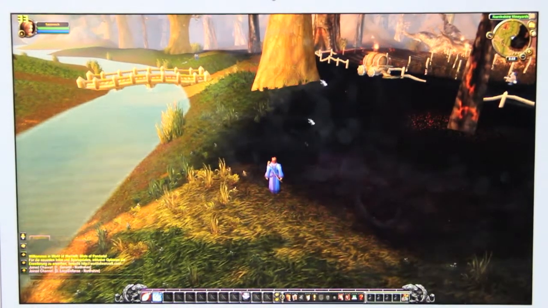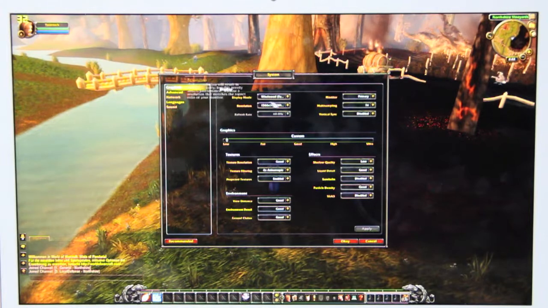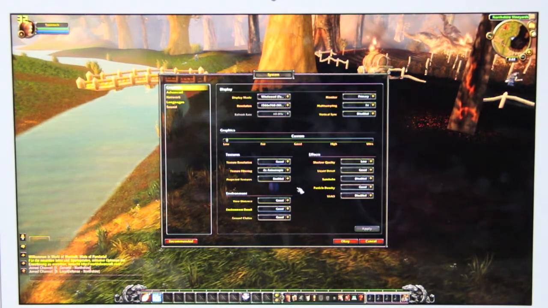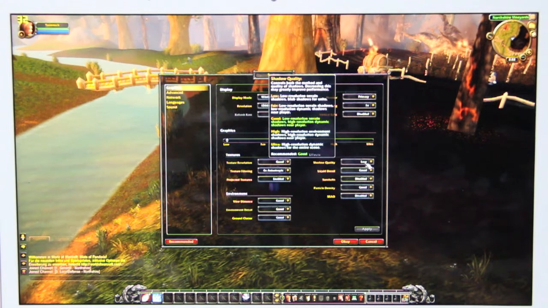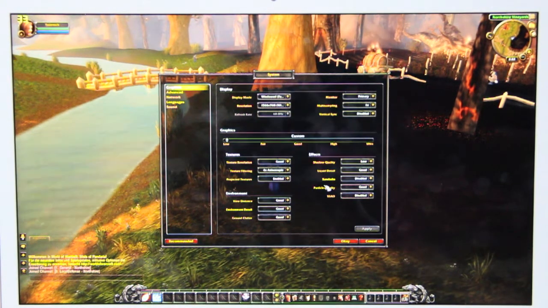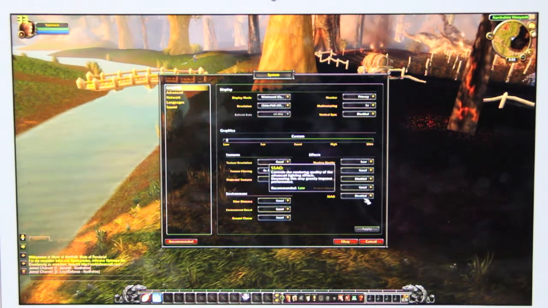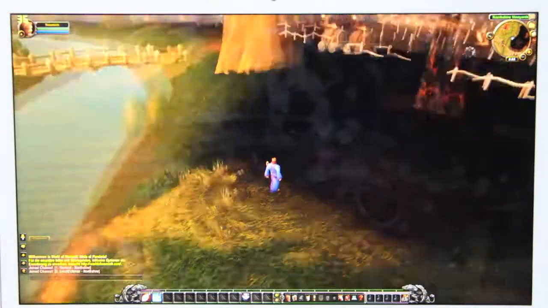So I tried a few settings, and the best settings to play is resolution on 1366 by 768, with texture resolution on good, texture filter on 4, the projected textures are enabled, the view distance and the environment details and the ground clutter on good, the shadow quality is on low, the liquid details are good, the sunshafts are disabled, the particle density is good, and the SSAO is disabled, and we got round about 30-35 frames depending on the